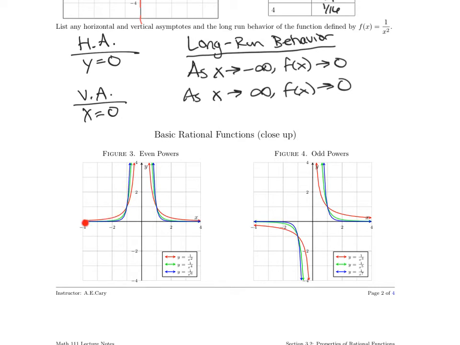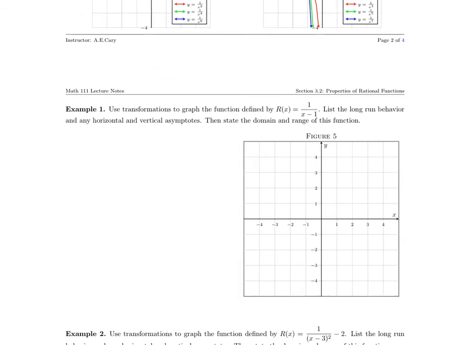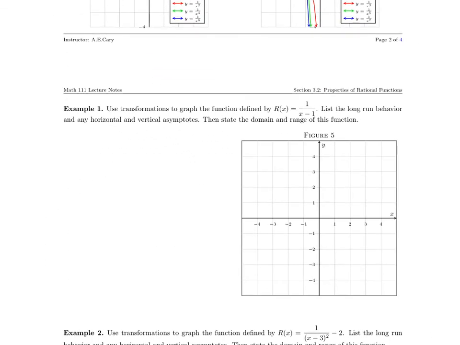So we're going to be using those parent tables and those parent graphs to help us graph some of our transformations. Throwing it back to Unit 2. So let's look at that transformational form. There's a few different types of forms for rational functions. For transformational form,